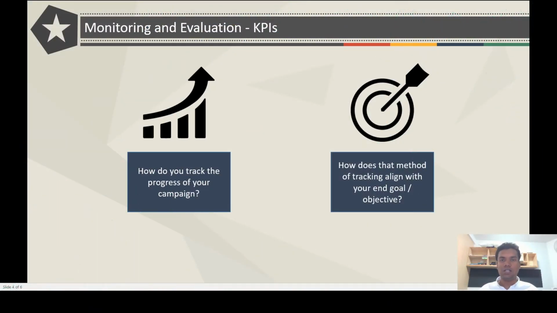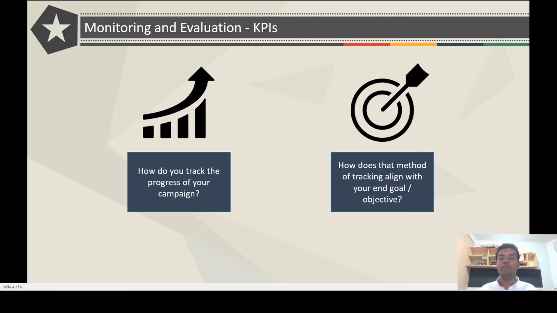Monitoring and evaluation is a very important part of any solution. Sometimes it is a part of the judging criteria as well, but even if it's not, I think it's still quite useful and still quite indicative of the robustness of a solution or how comprehensive a solution is. And it's actually very easy to think about monitoring and evaluation, but what it requires is to have a good